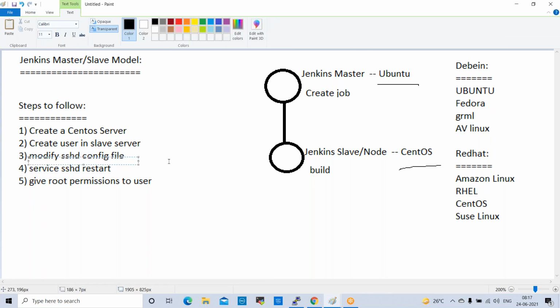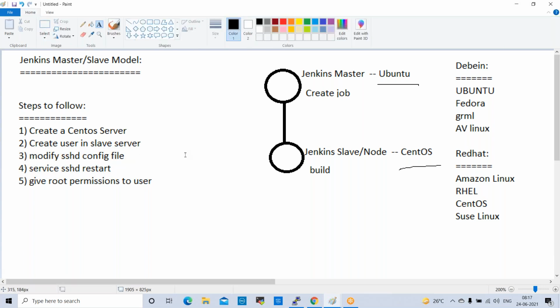Normally when we are connecting to an EC2 instance, we are not giving any password, right? We only use the default user. But here, if we want to integrate this server to the Jenkins master, we require one user, and that user should have a password enabled.